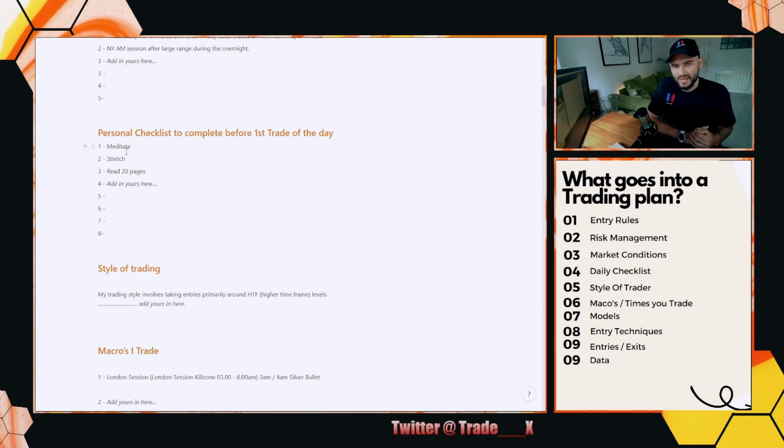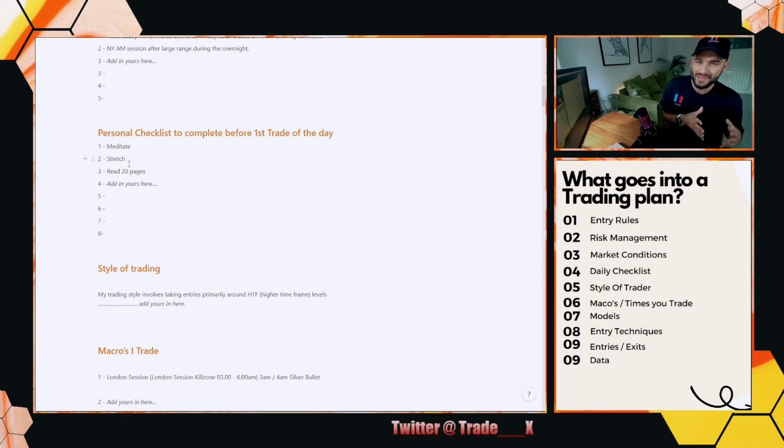If I do not complete every single one on this checklist, guess what? There is no trade. I'm not allowed to trade that day. Why do I do this? Because it builds discipline. And as we know, discipline is the hardest thing to attain, but it is the most important thing we have to build in order to become